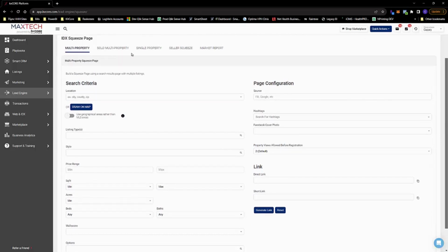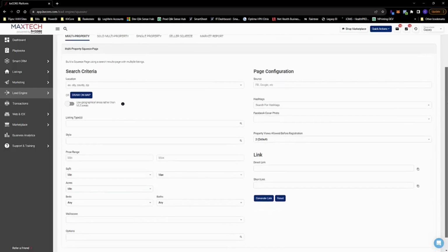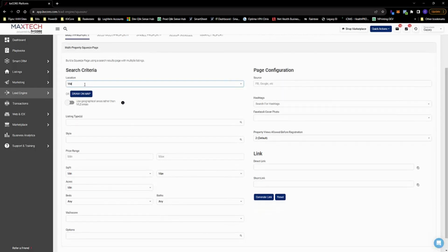As you can see, we have different options at the top: multi-property, sold, single property, seller squeeze, and a market report. Those are just the different types of pages we can build. Right now we're going to focus on multi-property. So what I'm going to do is I'm going to fill out this form, starting with location,